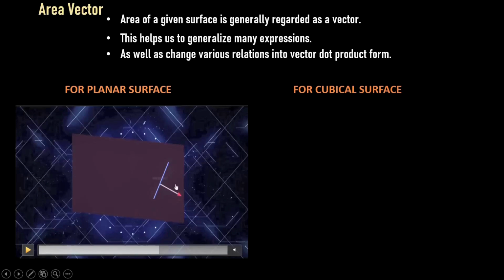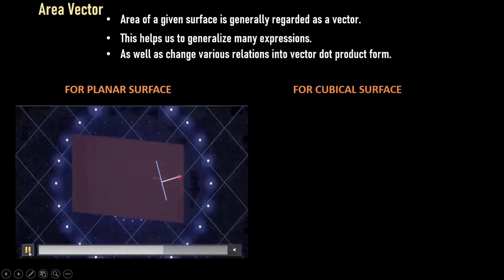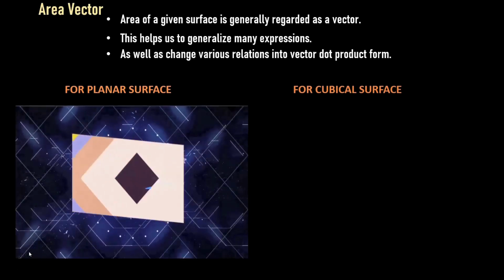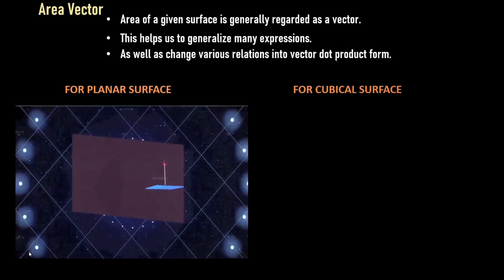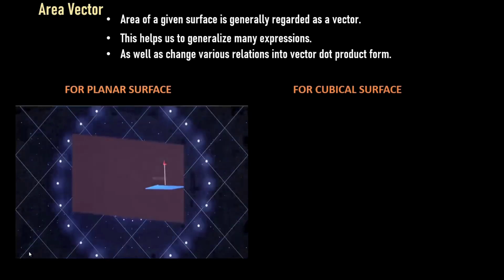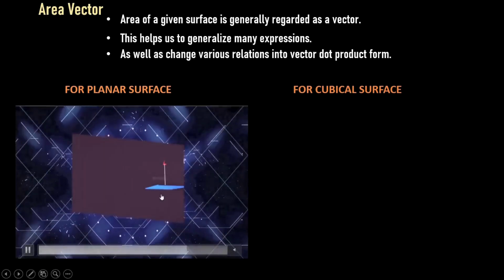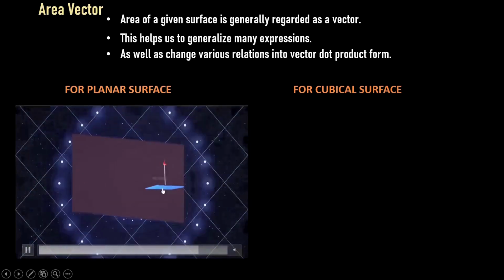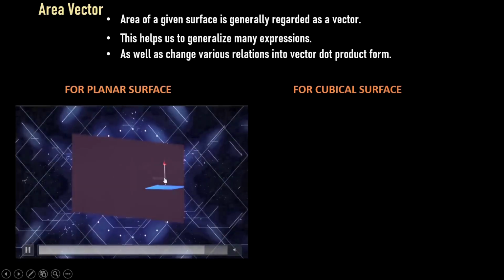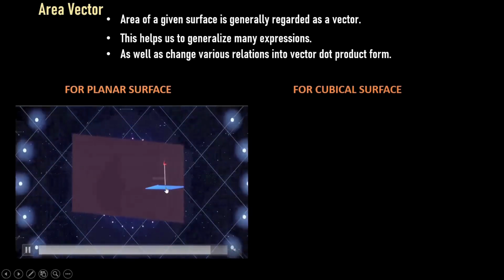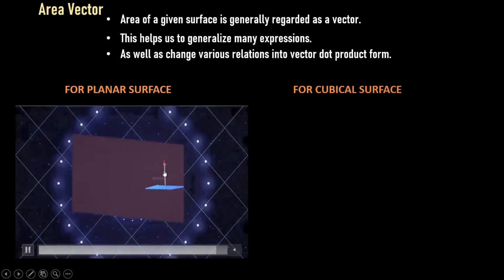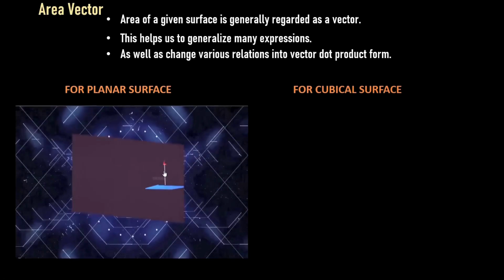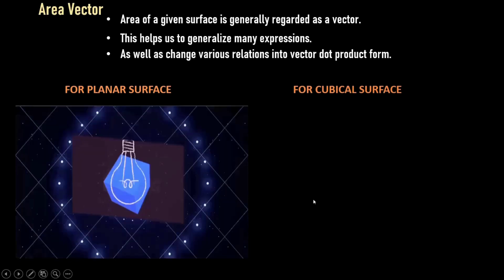So now, instead of area, it will be called an area vector because we have associated a direction with it. Now you can see for different orientations it is having the same magnitude of area, but the direction is associated with it. Now I think it will be clear to you how we can represent the area as an area vector. It is just by simply drawing a normal vector perpendicular to it, always pointing in an outward direction. This is how for a planar surface we can show the area vector.